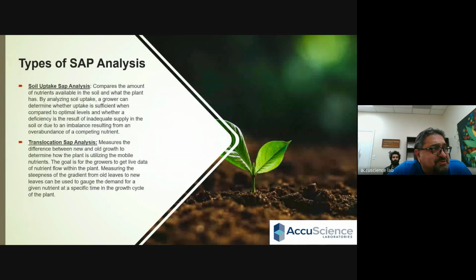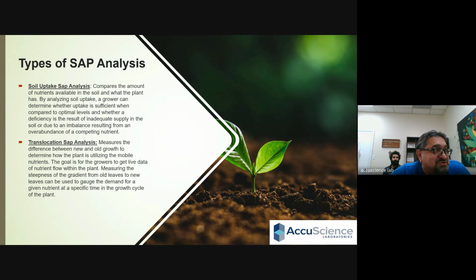Well, how many types of SAP analysis do we have? We have two types of SAP analysis. One is the soil uptake SAP analysis. Basically, this compares the amount of nutrients available in the soil to what the plant has. By analyzing the soil uptake, a grower can determine whether the uptake is sufficient when compared to the optimal level and